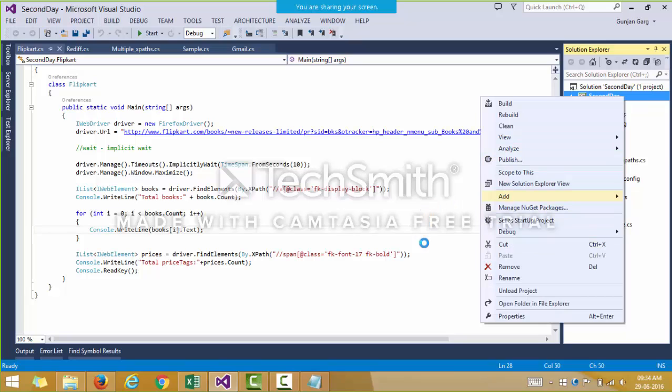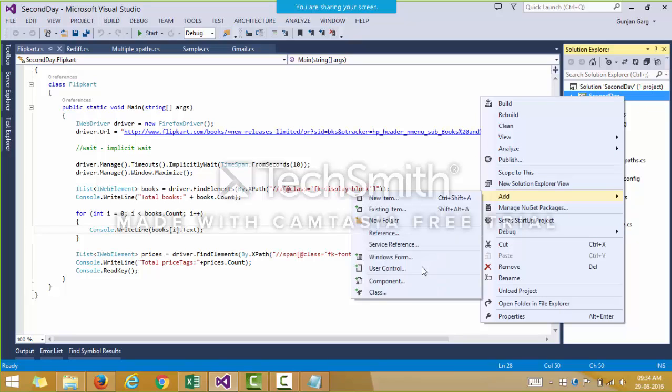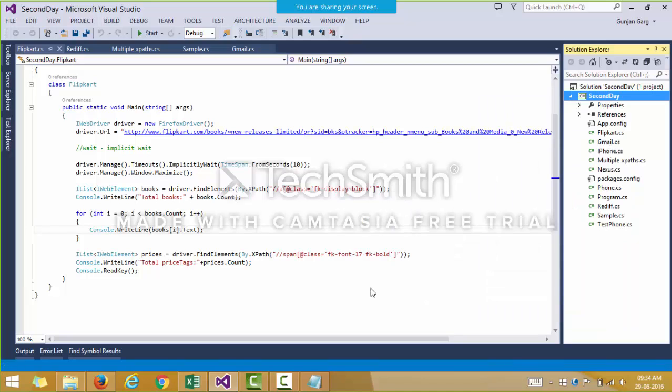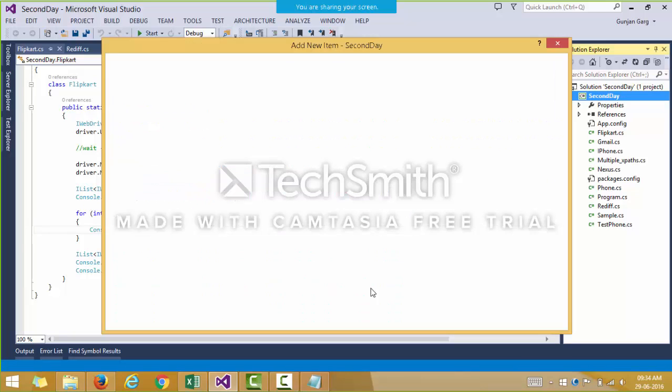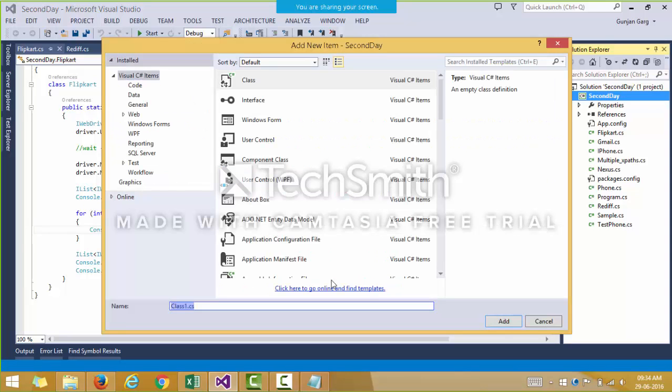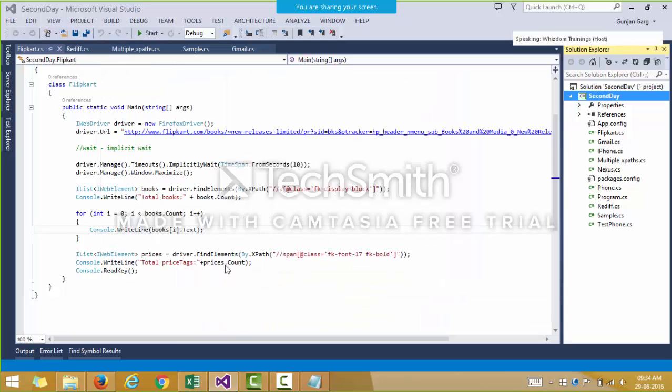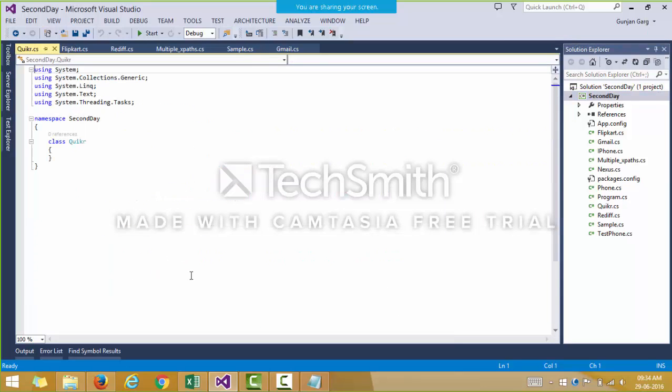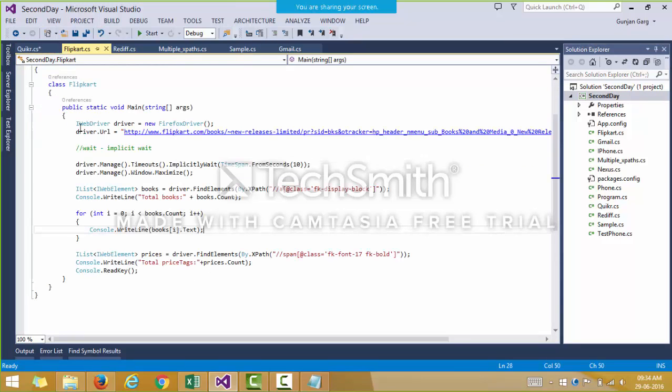I'll just add a new class. Say I add a Quicker class. I'll just add the main function.